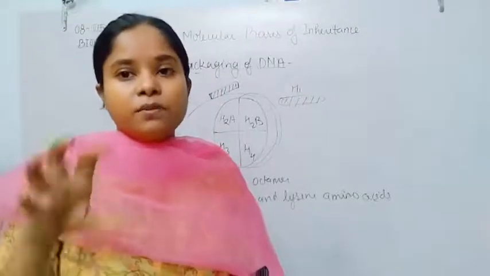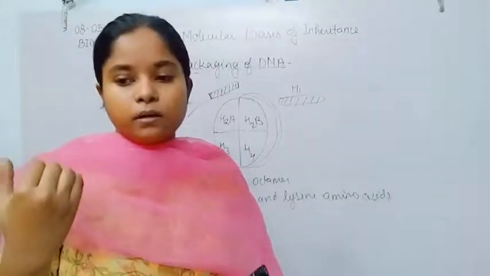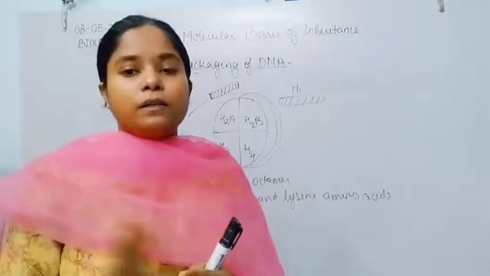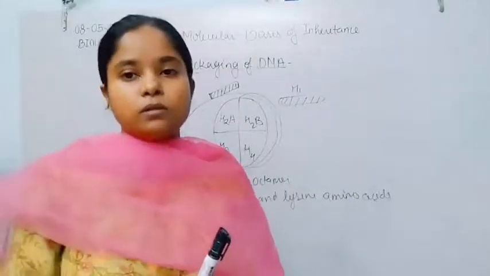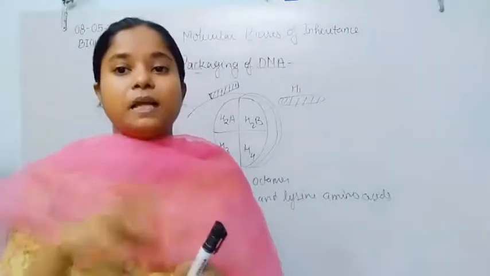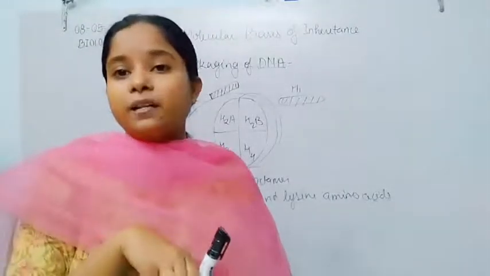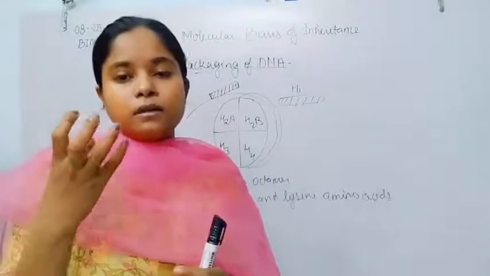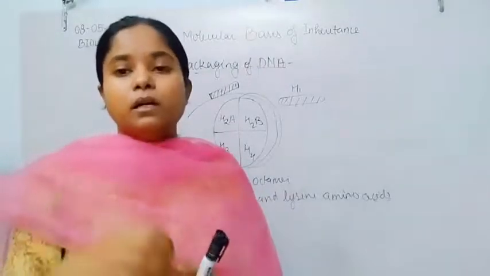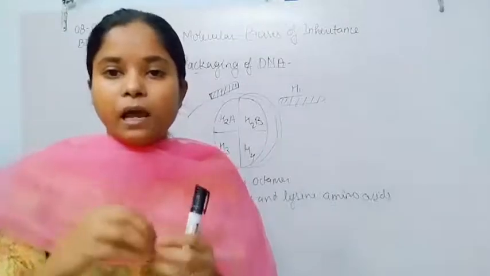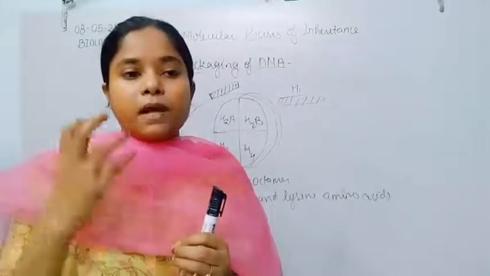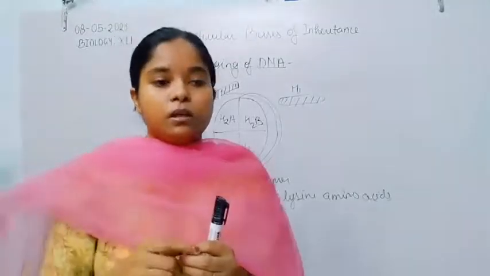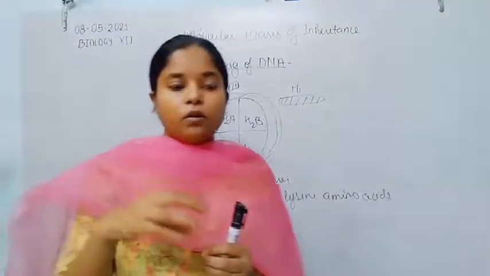So because the growth of our body takes place from the egg. The egg is a single cell. That single cell has the genetic material. That genetic material has the message for the organism, how the organism will be and what are the characteristics of the organism,